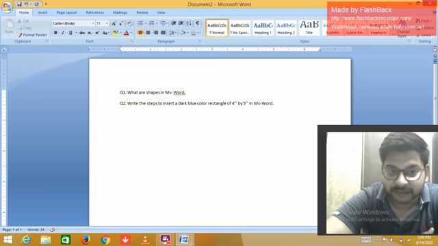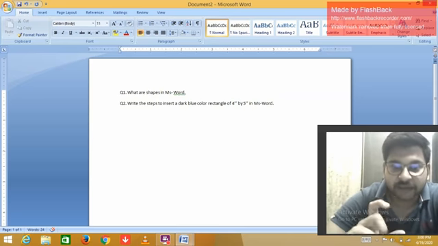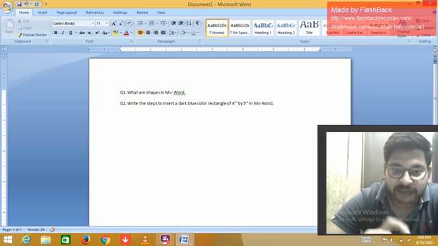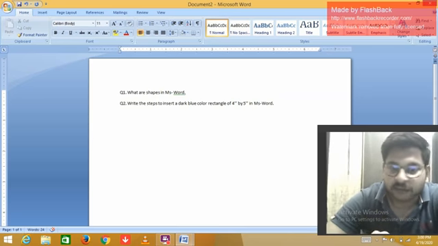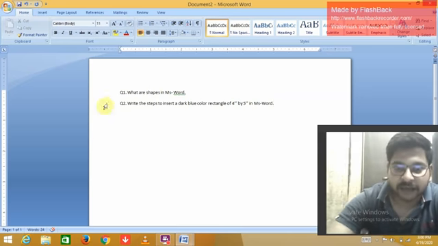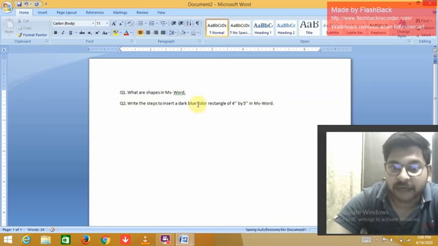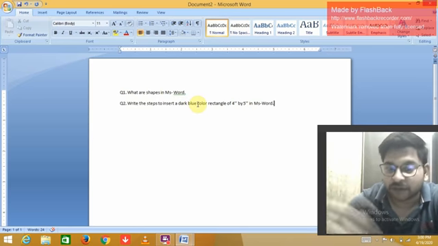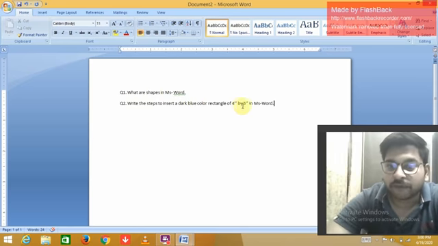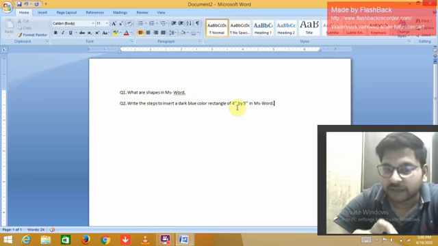The second question is slightly tough. I will specify the type of rectangle I want in your answer. I write there a dark blue color rectangle. You insert that and modify it, with a size of 4 by 5. All of you know this is the size of the rectangle.